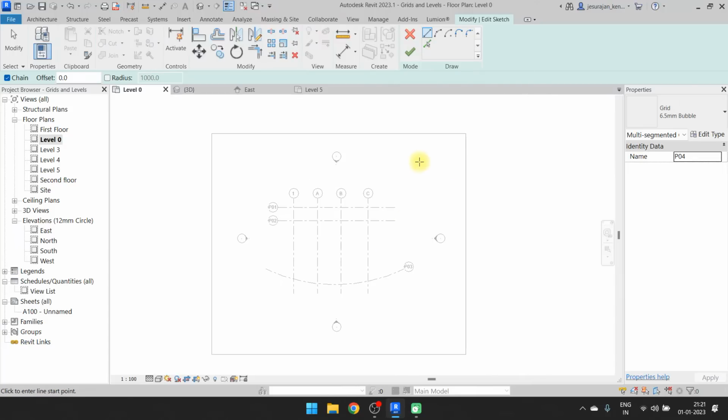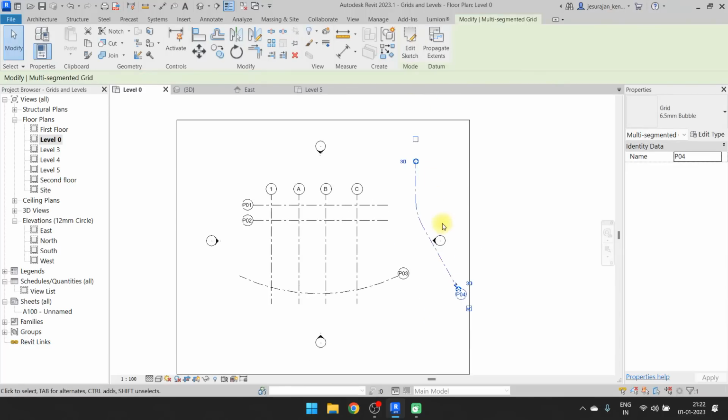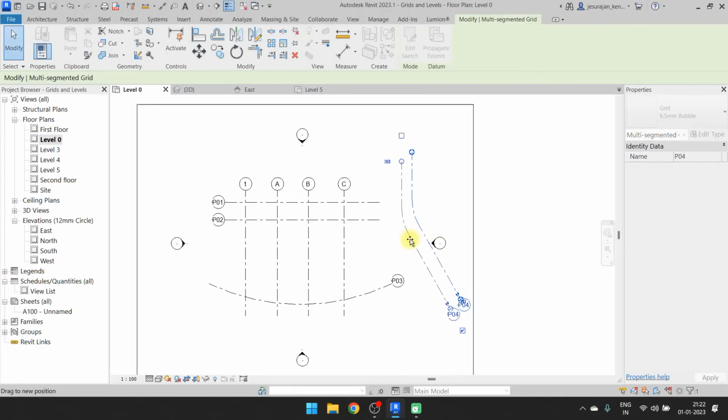For example, this is my straight line, and then create an arc, and then go for straight line. Oops, I have to select straight line, and finish. You can see here this is a multi-segment grid. You can move it. Okay, so this is a straight line, arc and straight